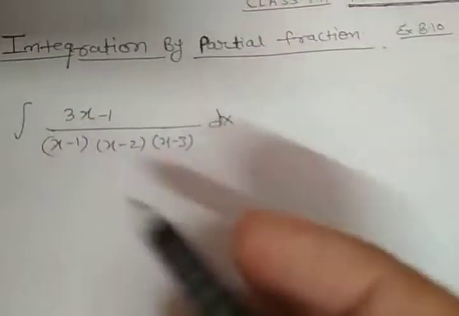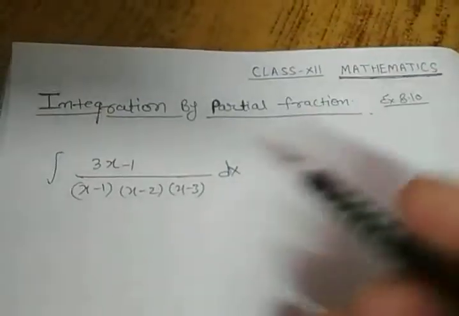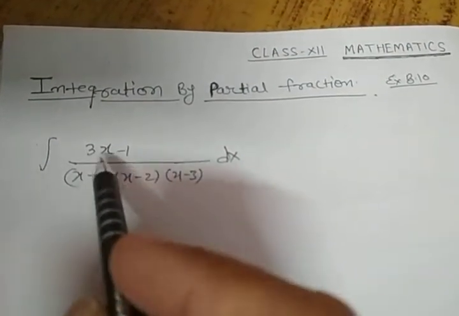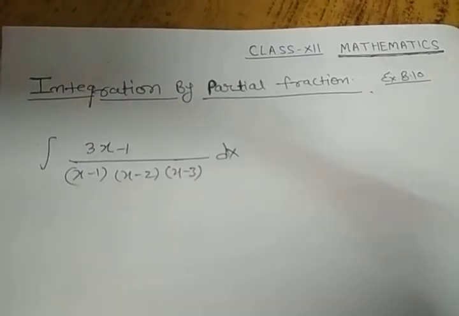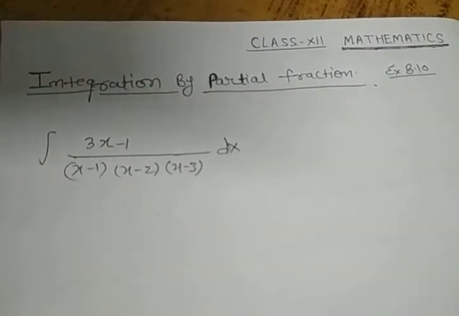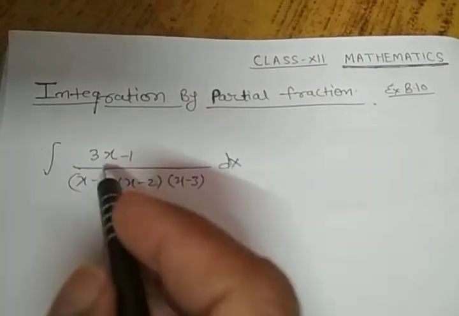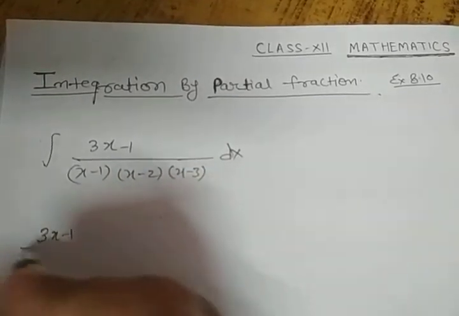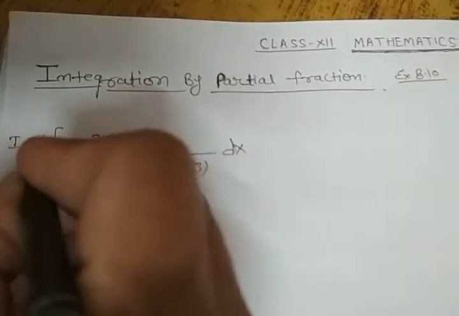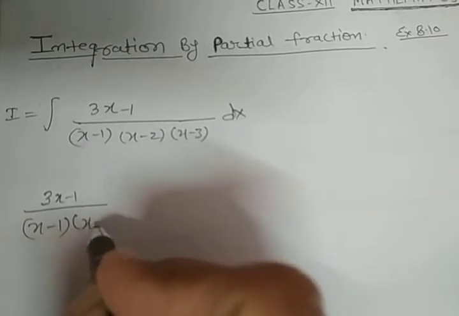So it is difficult to integrate in this condition, so we will do the partial fraction, that is a part of algebra. For partial fraction, the degree of the numerator must be less than the denominator. If it is not, first divide the numerator by the denominator and make its degree less. It is already here, the degree of the numerator is less than the denominator, so we will do the partial fraction. Let us name our integration I, and we are doing the partial fraction of this fraction